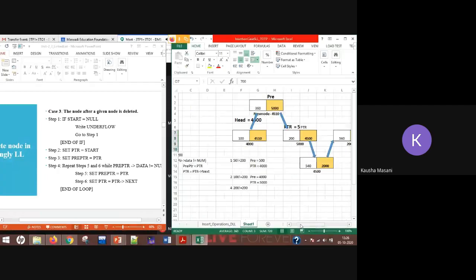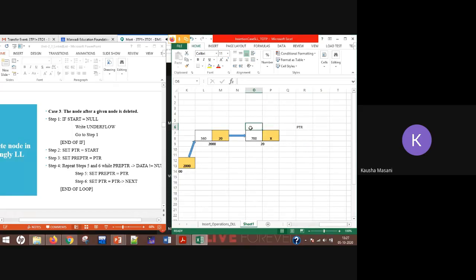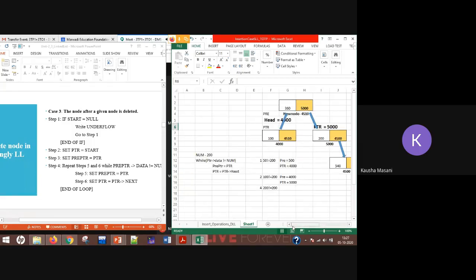Okay, pre-PTR equal to PTR and PTR equal to head. Fine, so all three of them will be here. This is your PTR, and your pre-PTR is also here. Fine. Let me remove all these extra ones. Okay, so again pre-PTR, PTR here along with the head.